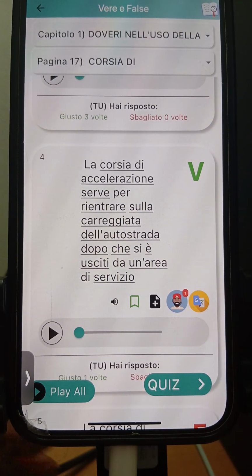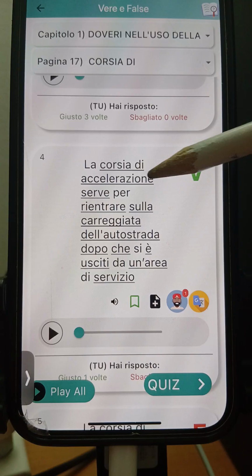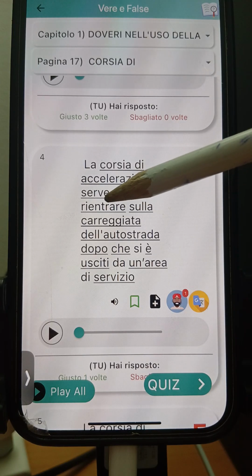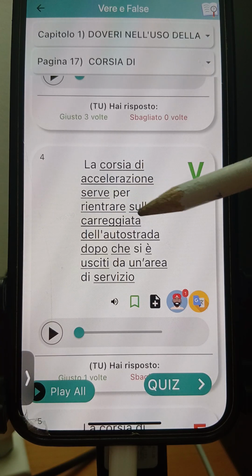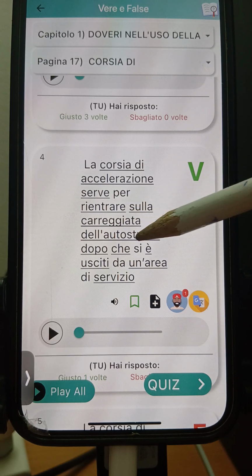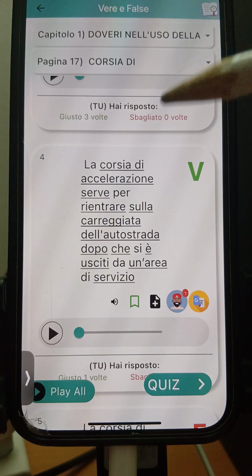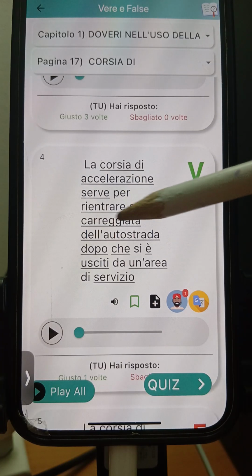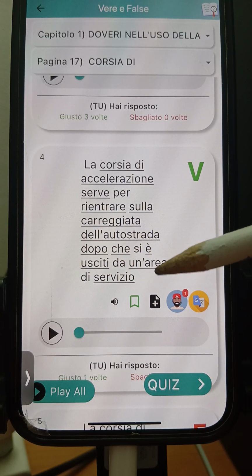La corsia di accelerazione serve per rientrare sulla carreggiata dell'autostrada dopo che si è usciti da un'area di servizio. It serves to do what? Per rientrare, to re-enter the what? The carriageway, the autostrada. Dopo che si è uscita da un'area di servizio, after you come out of a service area,